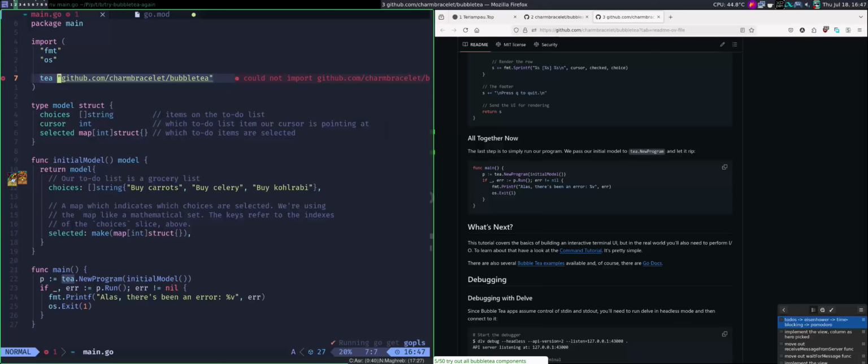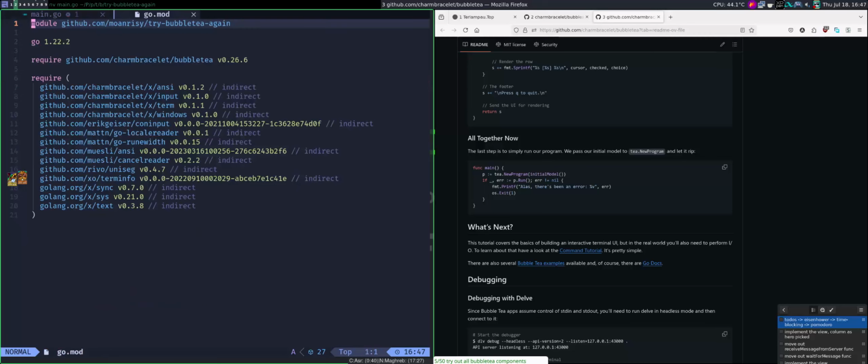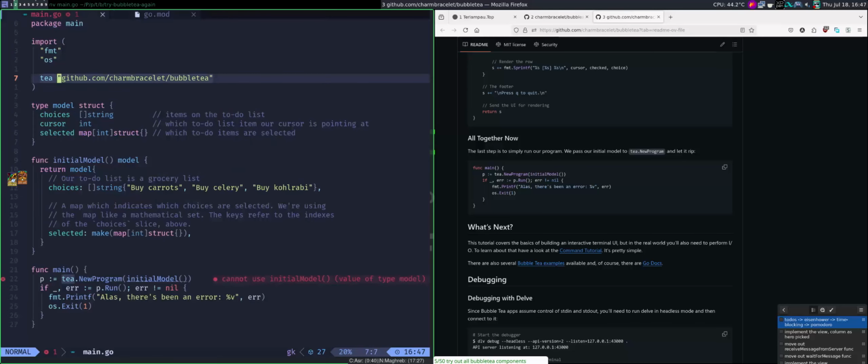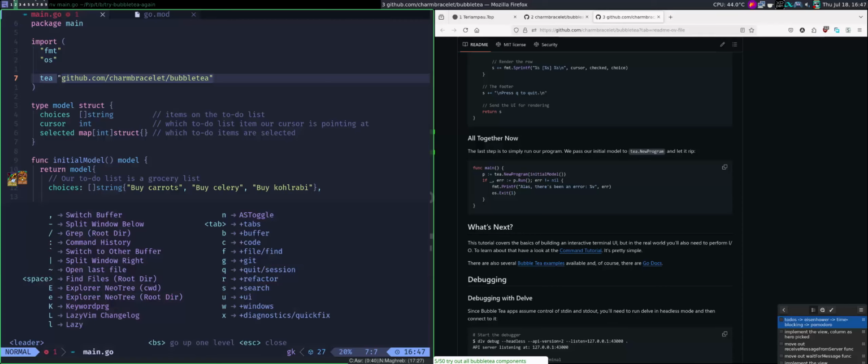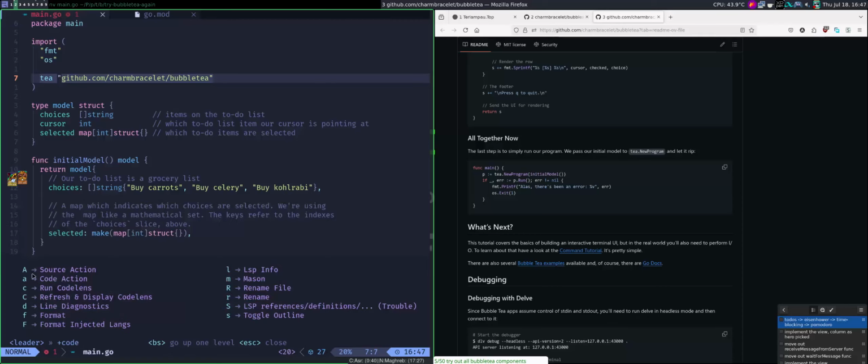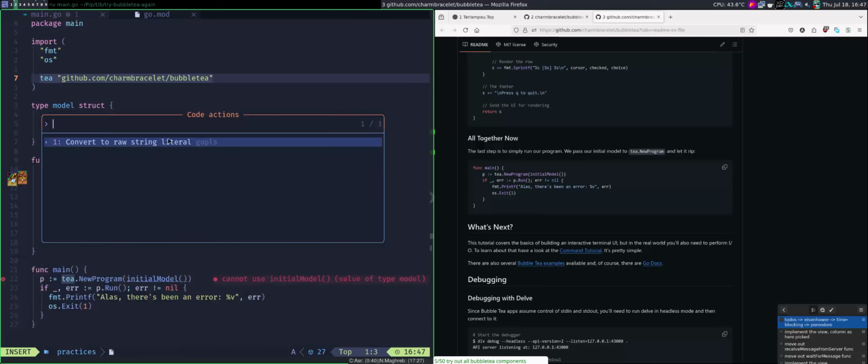So I don't need to copy and paste the go get into the terminal or anything like that, and it automatically applies that. That is using LazyVim keymap, space, c, a, code action. If there is an error or diagnostic, it will show.